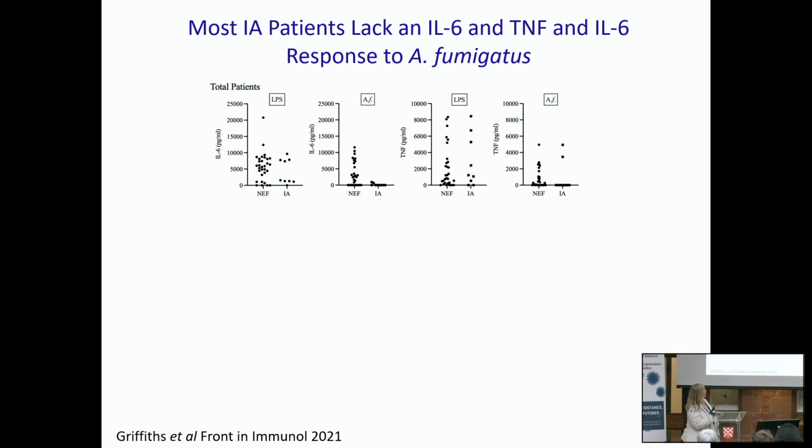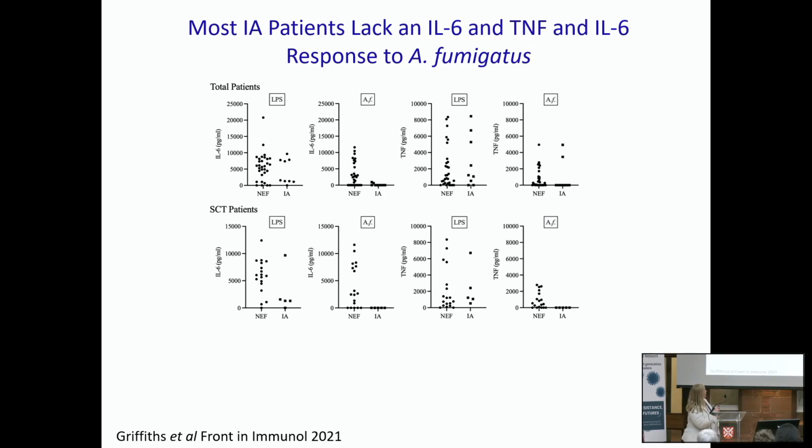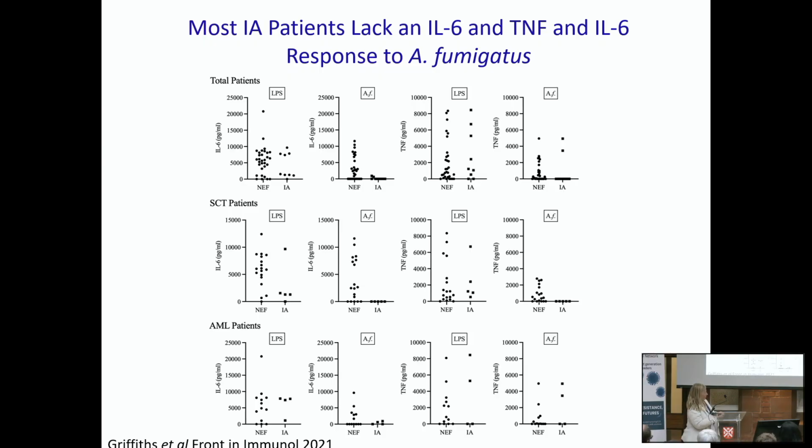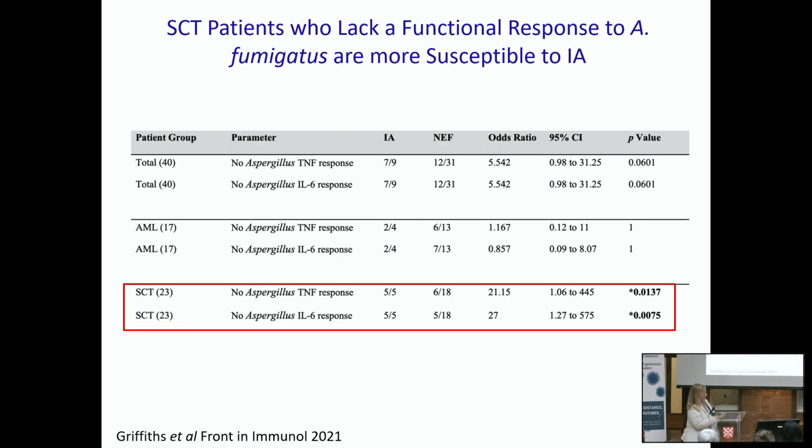And when we separated them out into the bone marrow transplant patients, none of them produced IL-6 or TNF, whereas with the AML patients, we only had a few of those, and a couple of them did produce a bit of IL-6 and TNF. So when we did the analysis for the bone marrow transplant patients, basically if a patient's cells did not produce TNF or IL-6 in response to Aspergillus, then there was a much higher chance of them going ahead